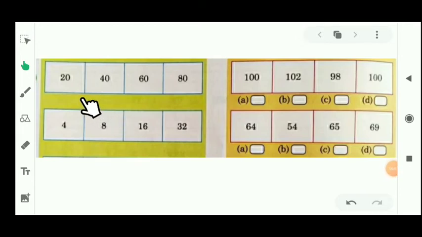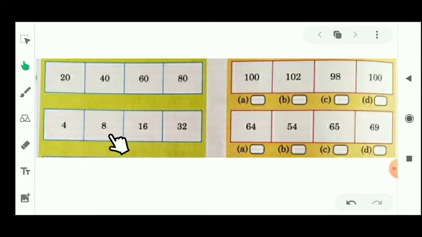In the first question you can see this pattern. Here is 20. 20 plus 20 means 40. 40 plus 20 means 60. 60 plus 20 means 80. Then the next number will be 80 plus 20, that means 100. So which option will be right? A option. Similarly, in the next question, 4 to 8, that means if we multiply 4 by 2,